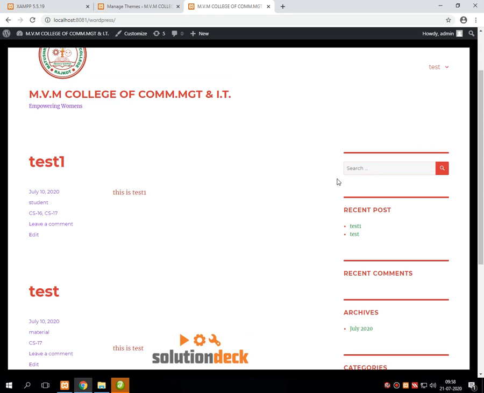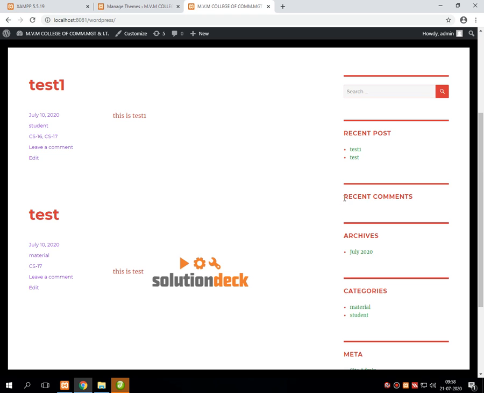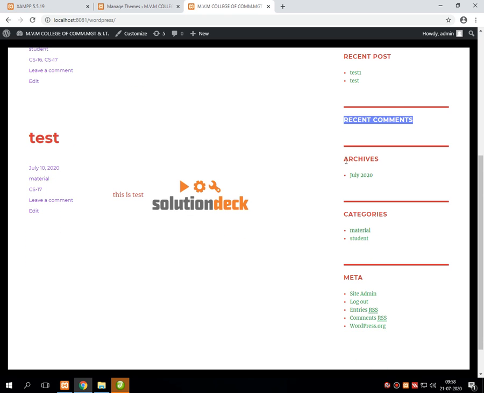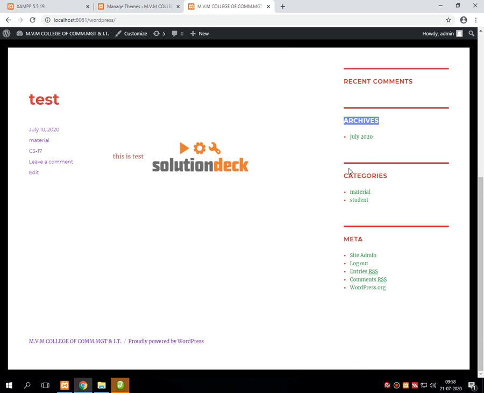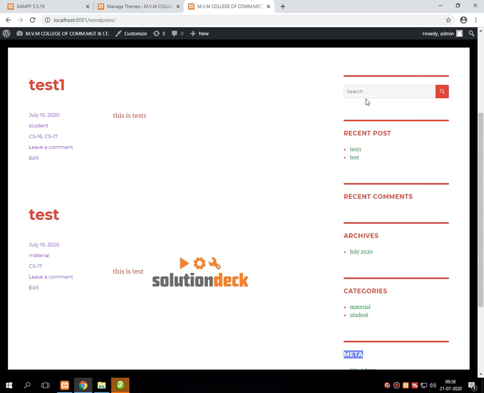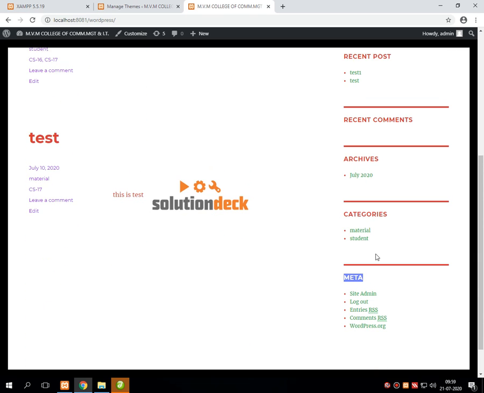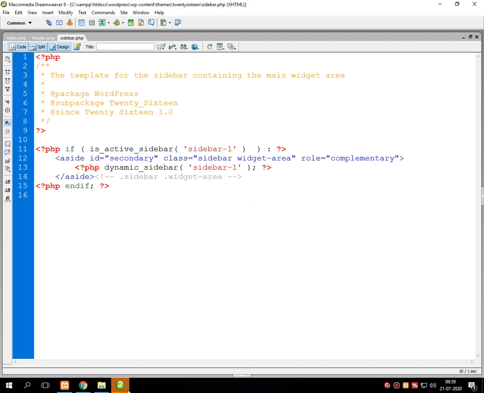In the sidebar, sections are given: search, recent post, recent comments, archives, categories, and the meta tag. So this is the portion which shows a sidebar onto the screen. So that would be displayed using this simple line of code,